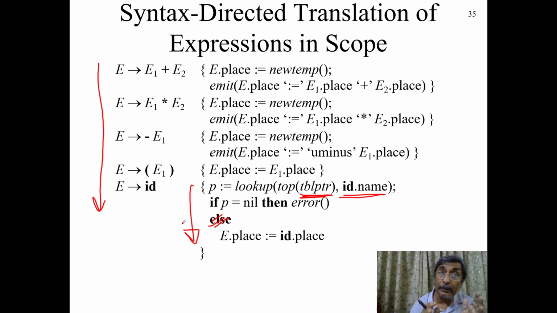So you have to run an example, then only you can find out what are the attributes needed for the non-terminals and what are the semantic actions that you need to attach for the production rules, right? When you play around a little with the example, then you can settle down: these are the actions that I need for the production rules, and these are the attributes that I need